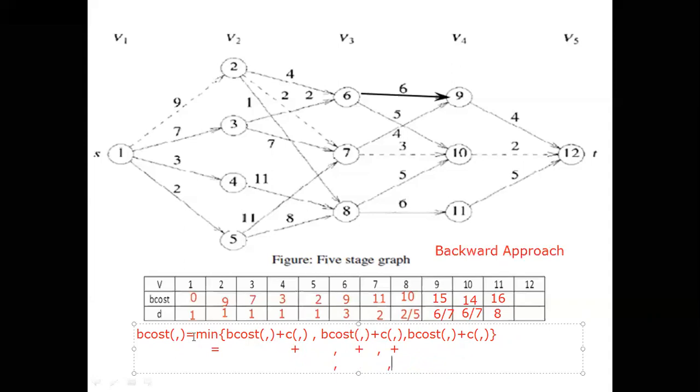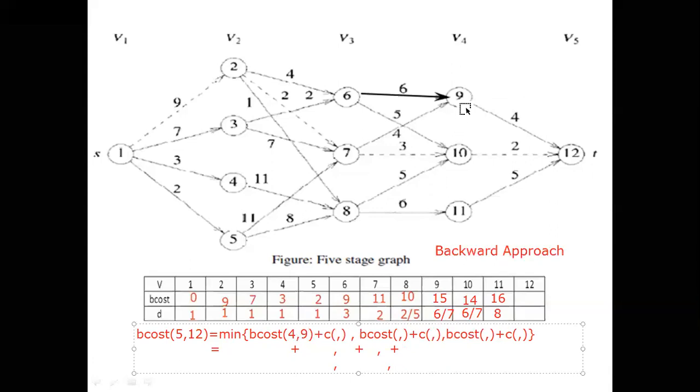Right. Now, what is the stage number? 5. I should write it as 5 here. Which is the vertex? It is 12. That is the destination, or we will call it the sink. You should know both. In the textbook it is written as sink. That's why you should know sink also. What is the first B cost? We have to do for 9. B cost of 4, 9. I would write here 4, 9.